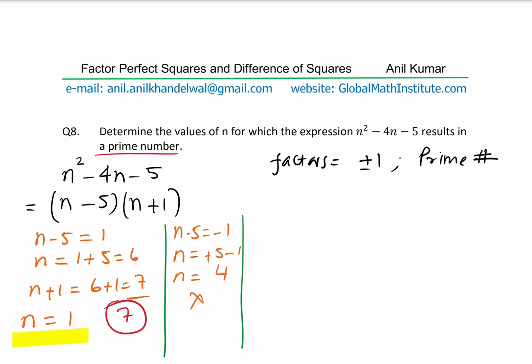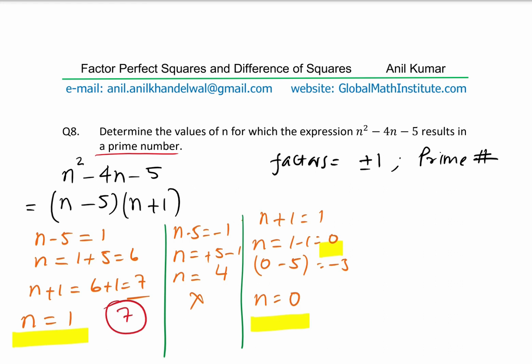So if I write n plus 1 as equal to 1, we get n equals 1 minus 1, which is 0. If I substitute 0 in the first factor, I get minus 5, which is a prime number. So that again works for us, right? So n equals 0 works for us. So we can write down one of our answers as